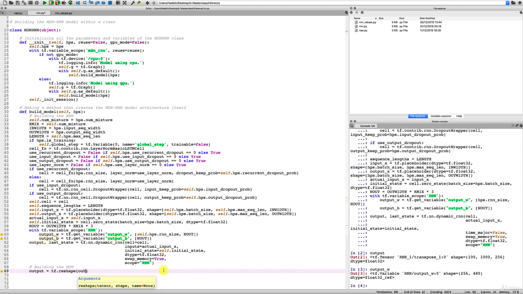So here we go. That's what we want to reshape. And then we have to specify in square brackets the format of how we want to reshape it. And the trick to flatten, basically we're flattening these two dimensions here, by gathering in one same dimension these 100 samples of the batch times 1000 frames of the sequence length. And the trick to do that is by adding a -1 here, which will basically gather in one same dimension